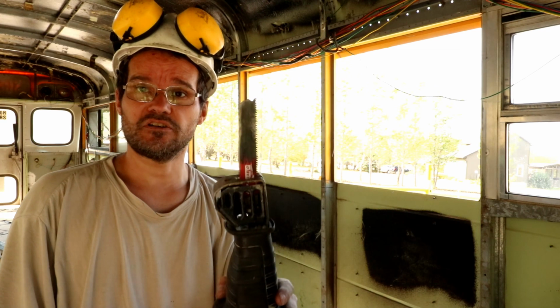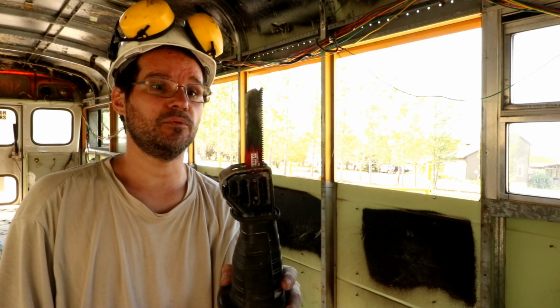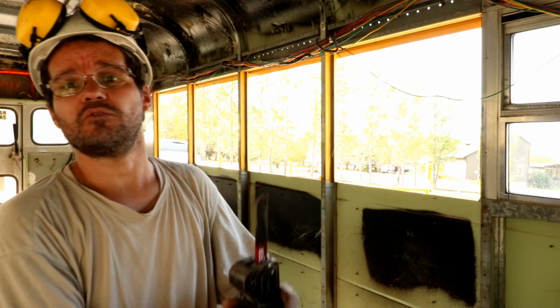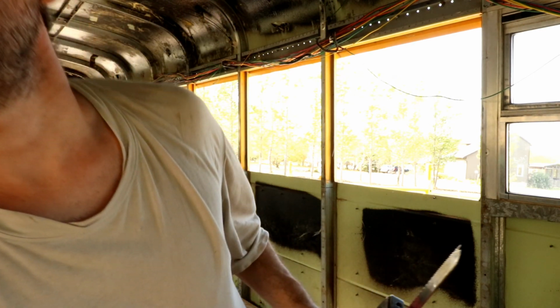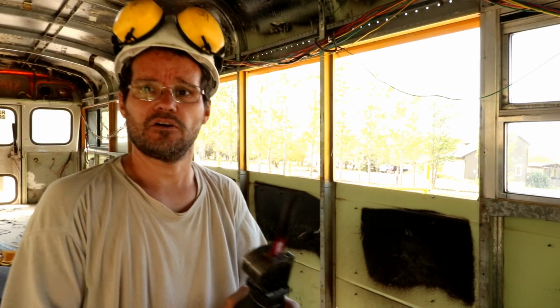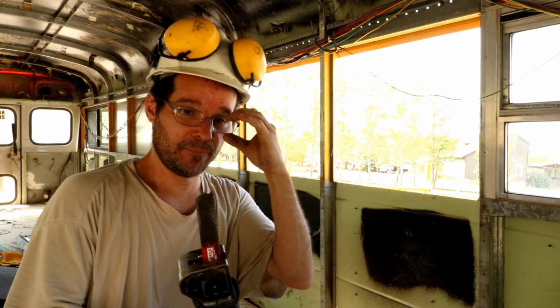Okay, so I'm using a sawzall, or a reciprocating saw, whatever you want to call it. I didn't put the autofocus on again. Damn it! There, autofocus on. Wonder how much of that stuff you saw blurry. Anyway,